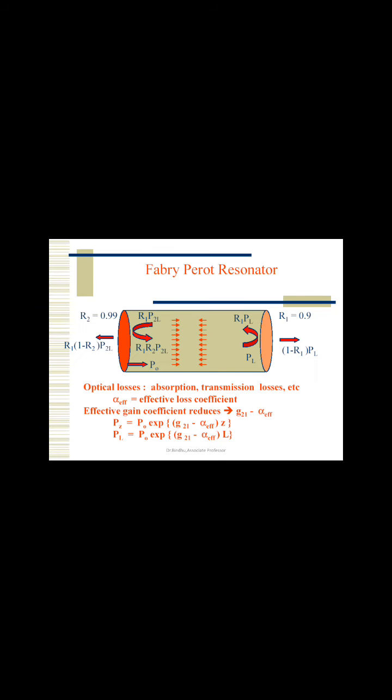Once a stimulated action occurs, it occurs only one time, but you have to keep on having this stimulated action occur for certain stages, then only you will get an amplified output. So in order to do that operation, we'll have this active medium termed with a name called a Fabry-Perot resonator. So what is this Fabry-Perot resonator?